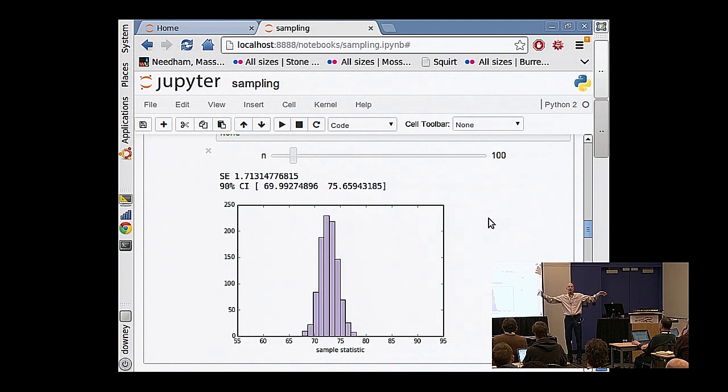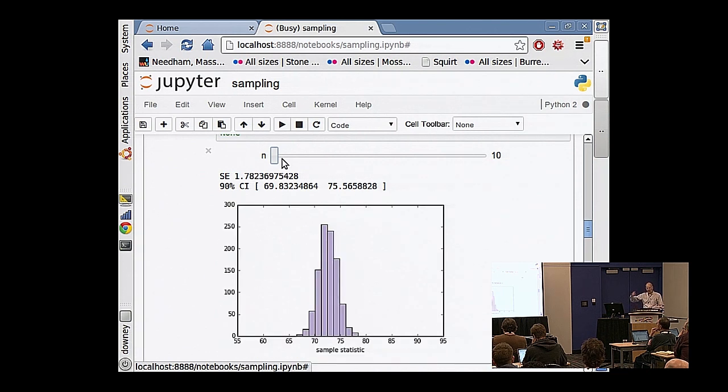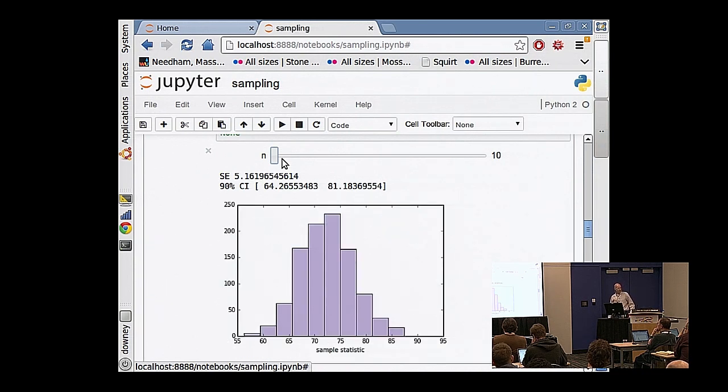And what I'm curious about is how much spread there is in this distribution. If my sample size is very large, then this isn't going to vary very much. I'm going to get pretty much the same number every time. If I turn it way down, if my sample size is small, this is a little slow, so it'll take a minute, and you'll see it get wider and wider and wider. So this is what it looks like with a sample size of 10, and it varies a lot more.